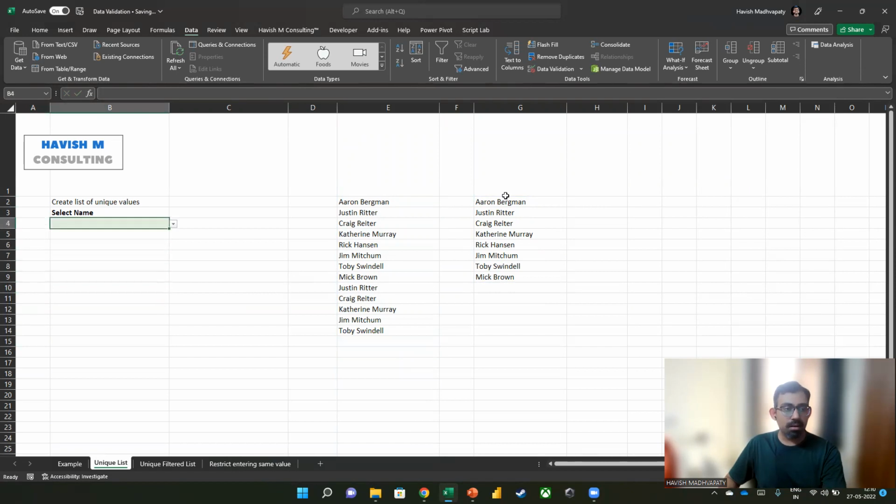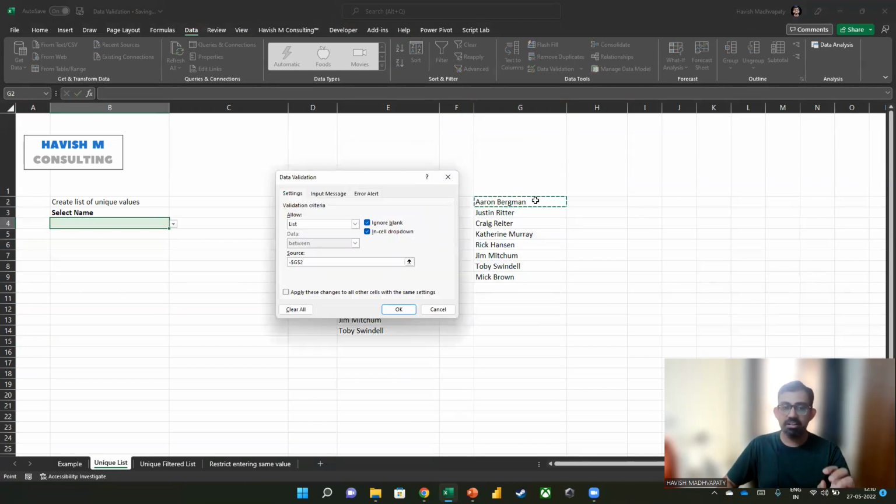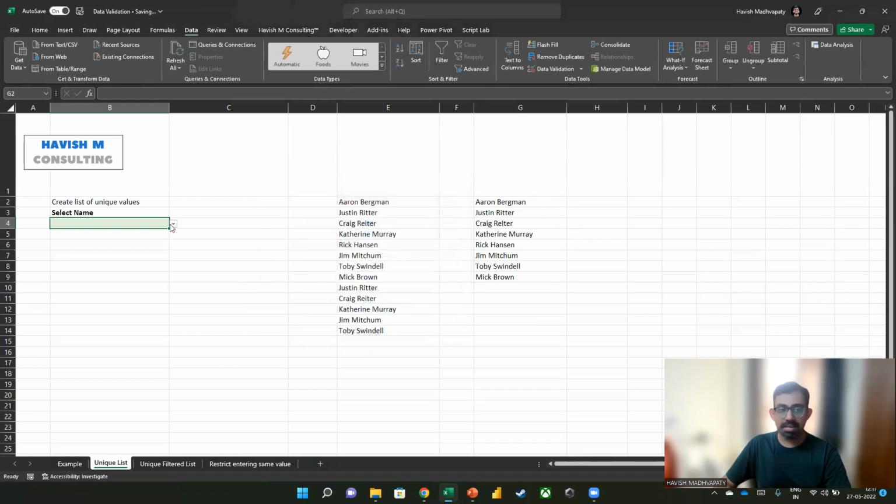And now we can go to data validation, and in our list, we will say equal to, I'm going to select G2. That's where the formula has been written, followed by a hash sign. So it picks up that entire array of values. Click on OK, and as you can see,